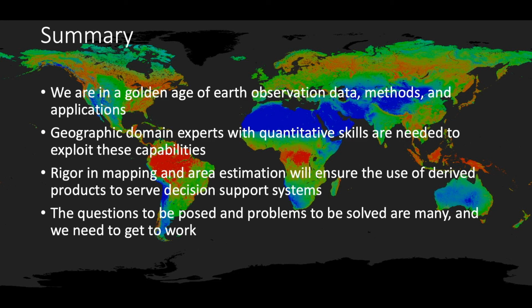We need geographic domain experts with quantitative skills to exploit all of these data and tools. When we do both mapping and sampling for area estimation, we can make products that are directly informed decision support systems, like policies of national or international protocols. So that's the huge deal, to be very relevant to society, societal benefits, and that it's kind of open season